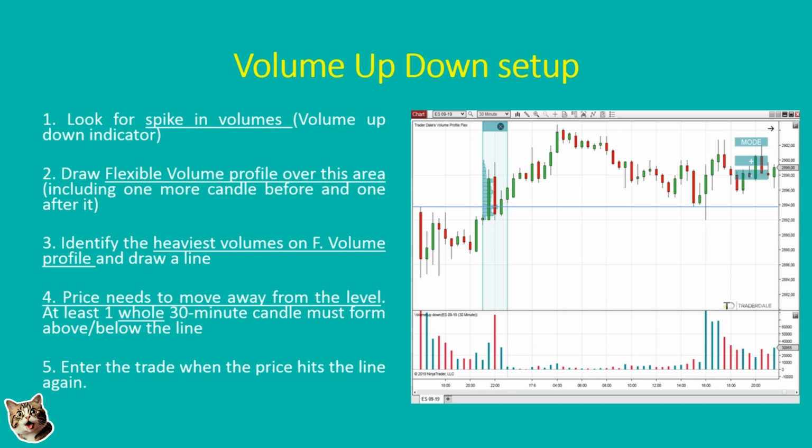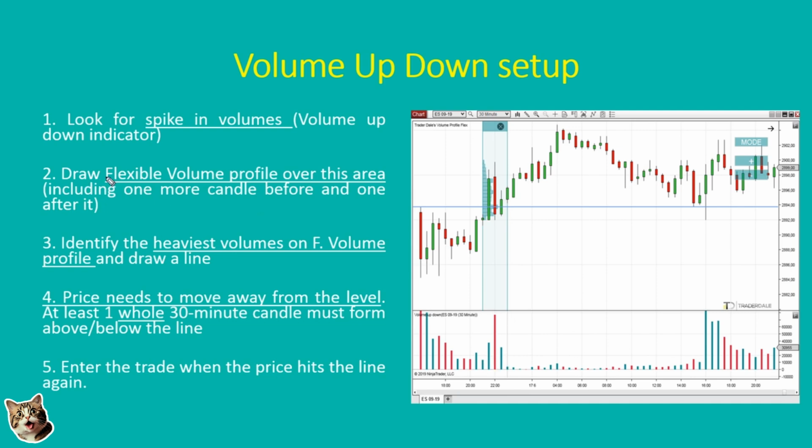So, you look for a spike in volumes. In this case, the spike is in here. If you compare the volumes to other ones, for example to those volumes or to those volumes, then you can tell that this is a volume spike: unusually heavy volumes compared to the volumes around. So when you see volume bars heavier than other volume bars,